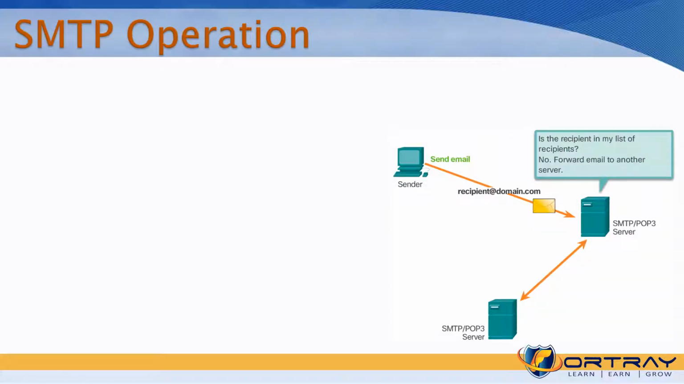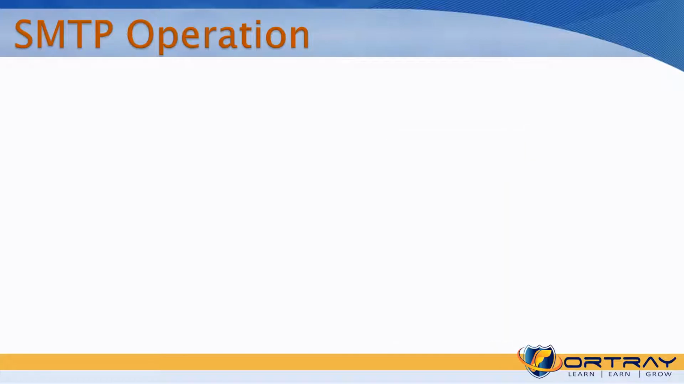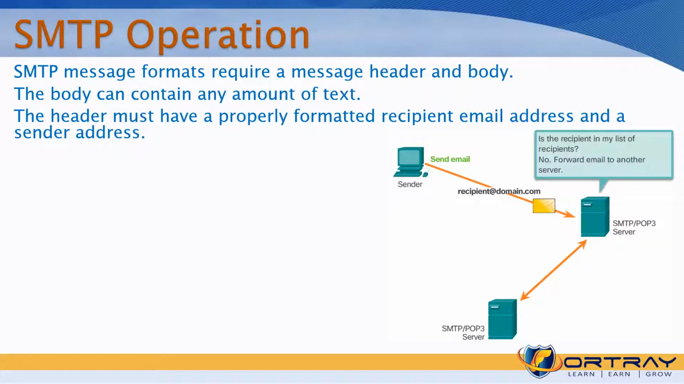SMTP operation, how does SMTP operate? Sending mail to the server. Is the recipient in my list? Forward the email to another server. For this you need POP or SMTP. The SMTP client sends an email by connecting to the server on port 25. The server receives the message and stores it in the local mailbox and uses the